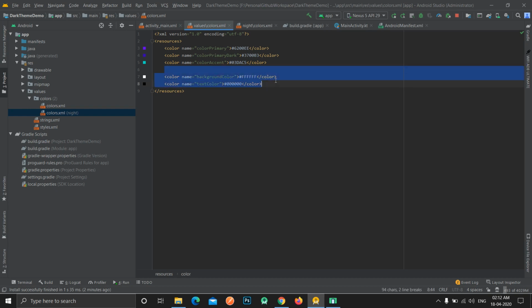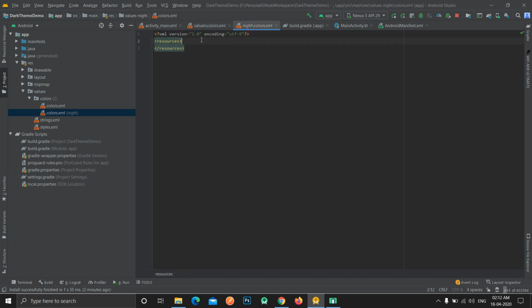Then we will copy these values and paste them over here. Remember that these names should be the same in both files, only then will it work as we want. So in the dark theme we want our background color to be pitch black, that is the hash code of black, six zeros, and we want our text color to be completely white, so this.